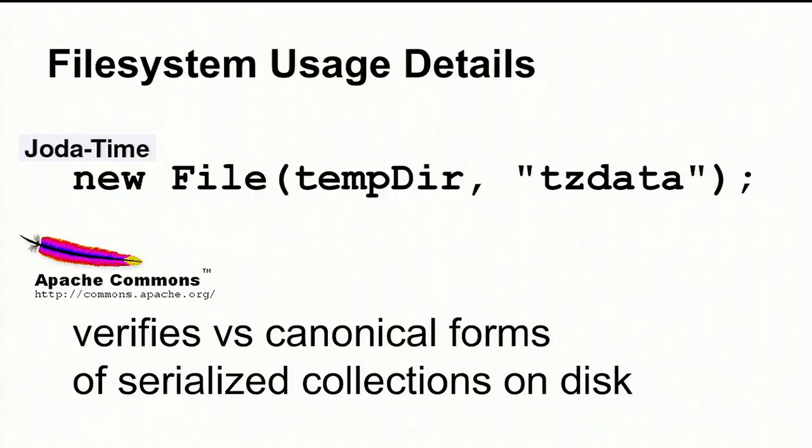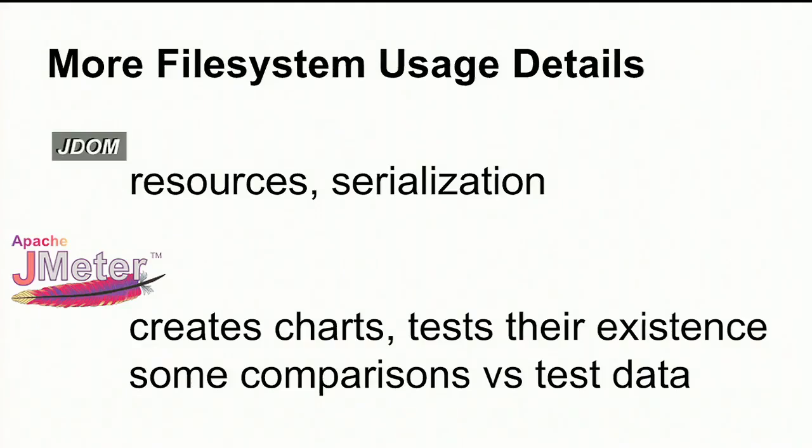So they do things like create temporary files and then compare the temporary files against golden masters. They verify, they serialize. Serialization is a big reason that you might use a file system, because you want to serialize. And even if you serialize to memory, then you still need to compare it to something. That something, you could put it in your code, but that would be silly. You would be better off putting it in a file and then comparing it to a different file.